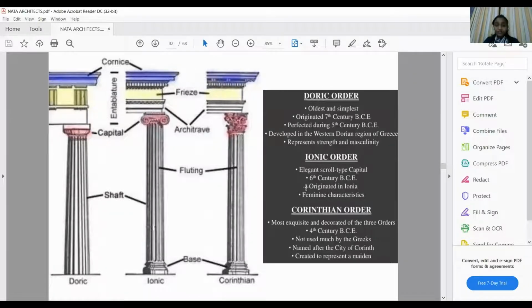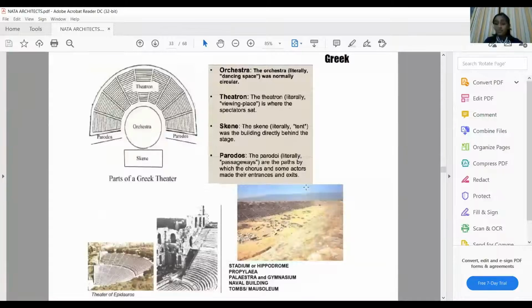So another important structure these people constructed were mainly the theaters, mainly for public entertainment purposes. So how the open air theaters can be divided: we know the existence of theaters and how it is right now in the modern day context as well. But during that point of time, they started using these natural slopes itself for the construction of these theaters.